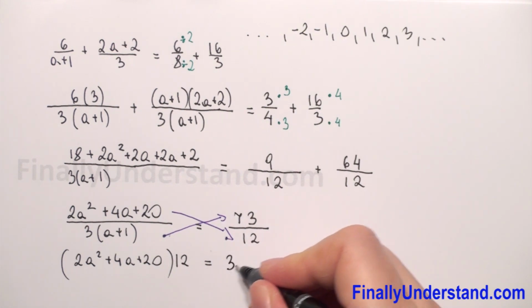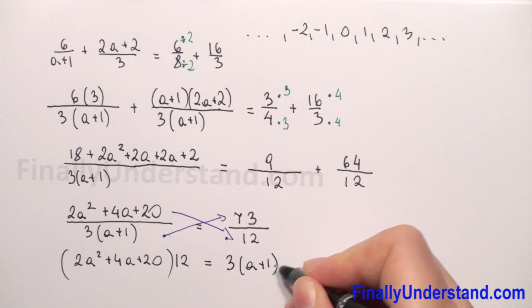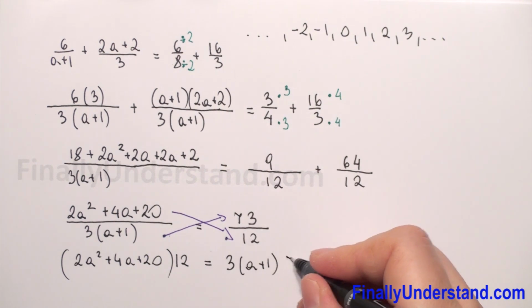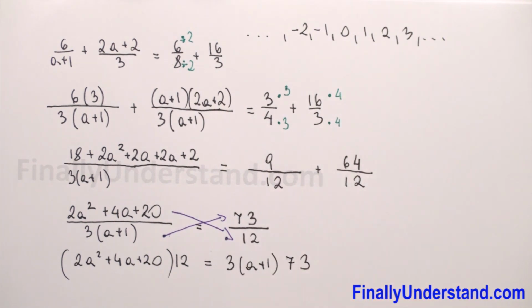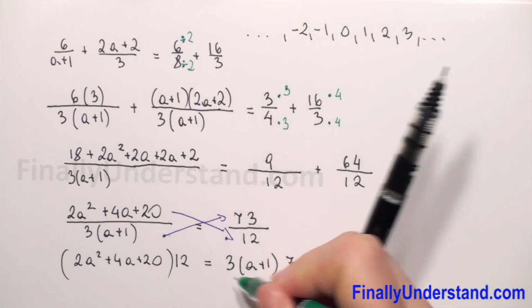And we have 3a plus 1 times 73. So what now we can do? We have multiplication on the left and on the right side. We have 12 and 3. So we can divide both sides by 3. So we will have